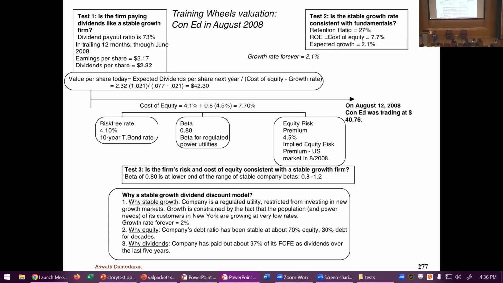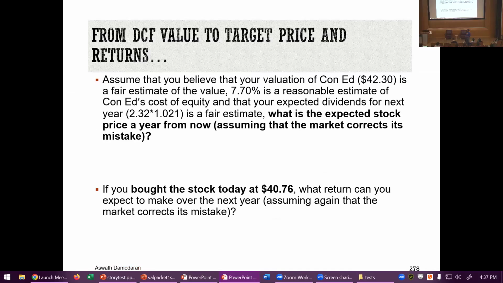You're done. You're saying, I wish I should have picked Con Ed to value for my project. You still can. The valuation is almost trivial, right? Dividends, cost of equity, growth rate. The stock was actually trading at $40.76. So at least based on the dividend discount model, it looks slightly undervalued. You have those numbers and you can see where it's coming from: expected dividends next year, cost of equity and growth rate.